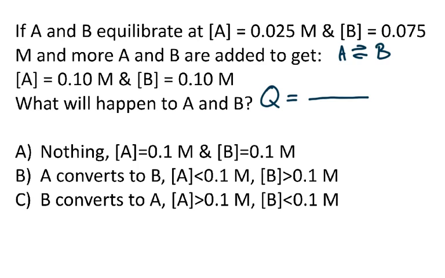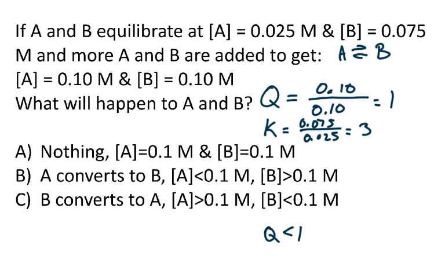So our Q is going to be 0.10 over 0.10, so our A and B are equal to each other, which is 1. And our K value is our product, 0.075, over 0.025, which is going to get us a K value of 3. So we can see that our Q is less than our K, which means we need to shift to make